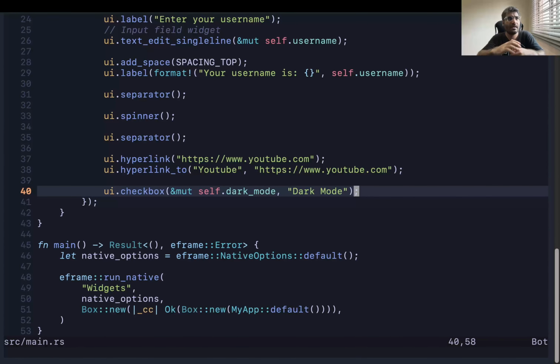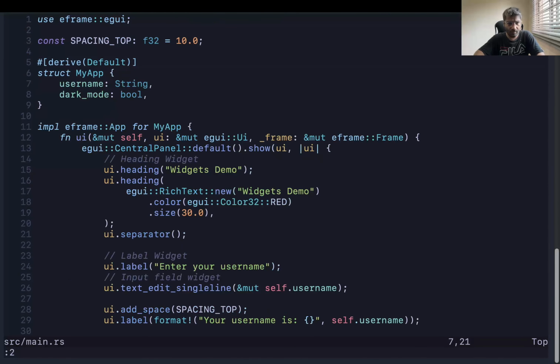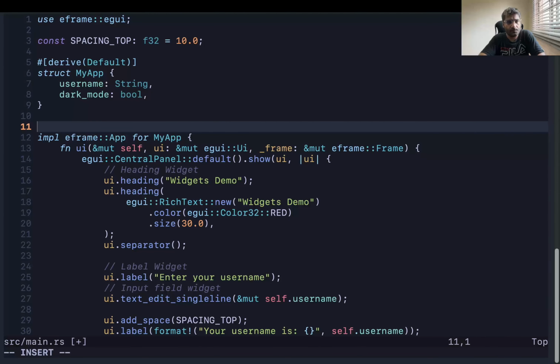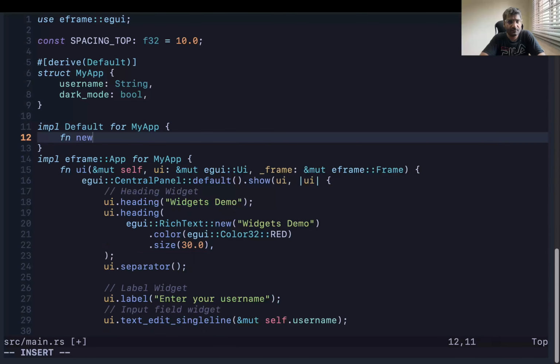Let's say you want the dark mode default value to be true by default. Right now, if you see, its default value is false. Then what do you need to do? Because we have added the default attribute here, there are two ways of doing this. The first one is using the default, and we are going to create it for MyApp. Okay, and the function will be